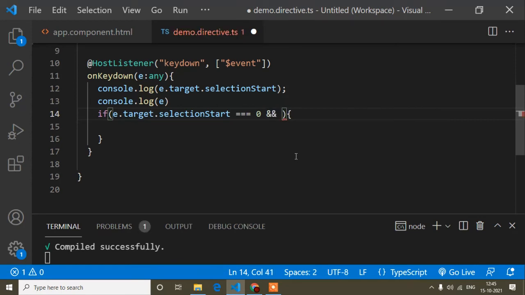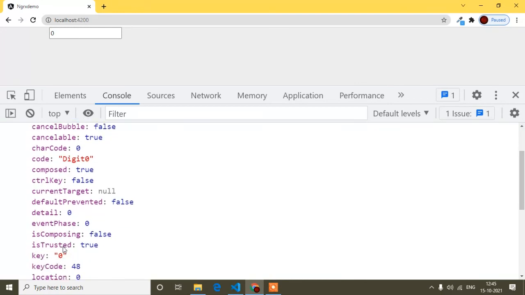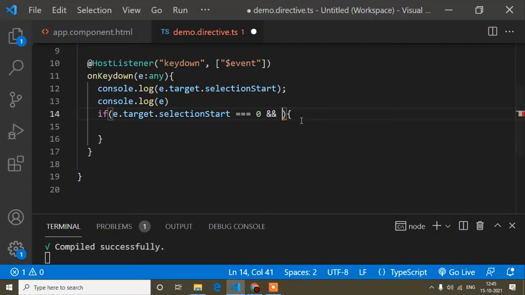I mean here I'm trying to write that if the selectionStart is 0, I mean the index is 0, because when I was printing this one, it was just returning the index. So when the index is 0 and the user presses key 0, so now e.key triple equals to 0.